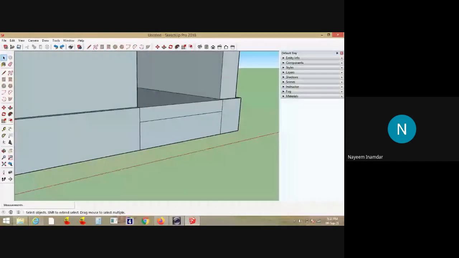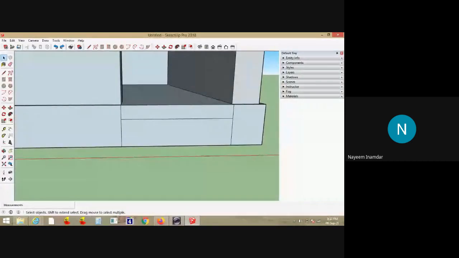Suppose I would like to copy this line. What I'll do, I'll just click on the line. Now this line has got selected. I'll go to the move command, select move command, press control, make some reference point, just drag, and drop it at the point where you wish to copy the line. I'll just drop here. Yes, this has copied.